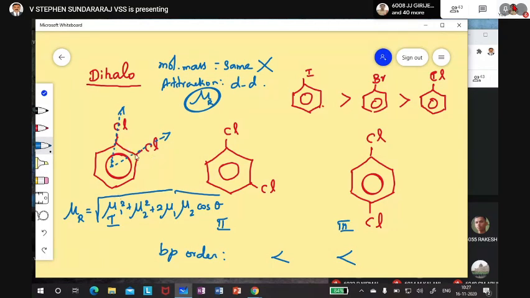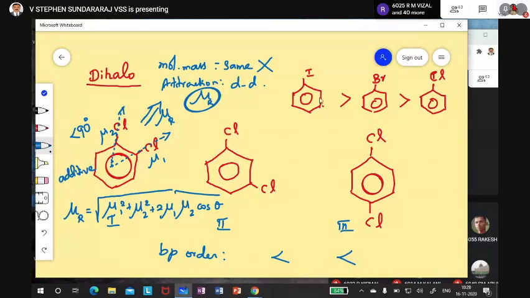Now I will explain without this formula. See, from the center, this is one dipole mu1 and this is mu2. The angle is less than 90 degrees. What does less than 90 degrees mean? The net effect is an additive effect. This is the mu overall resultant in this direction. In vectors, you might have studied that when two vectors move in a similar direction, at less than 90 degrees, it is an additive effect.